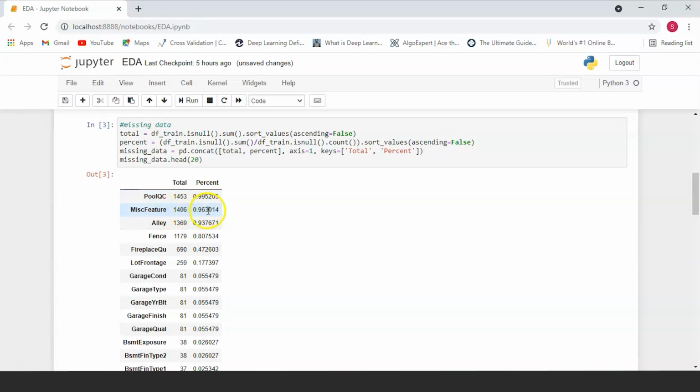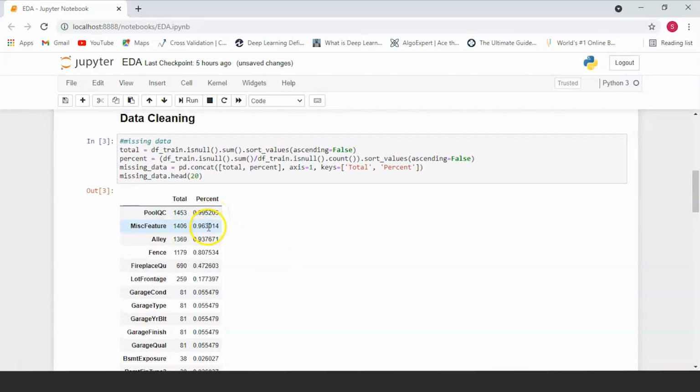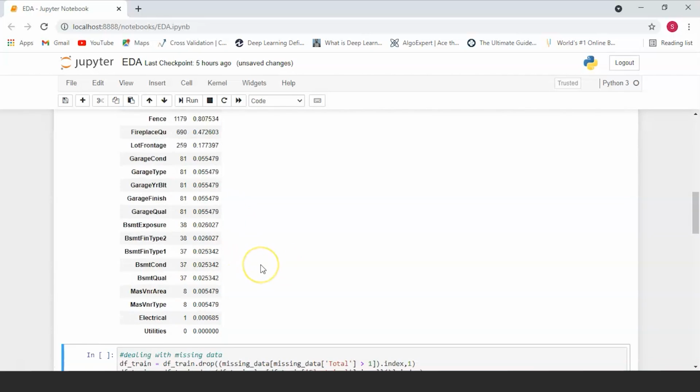The MiscFeature has 96% missing values, and the Alley feature has 93%. Up until the FireplaceQu feature, all of these have a very high number of missing values, and even FireplaceQu has almost half of its column empty. This makes these columns virtually useless.